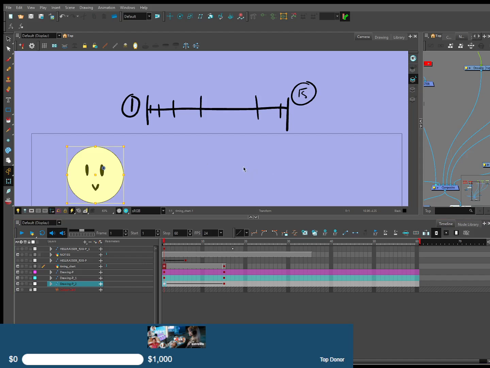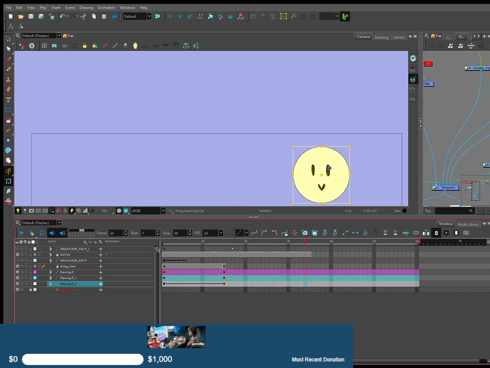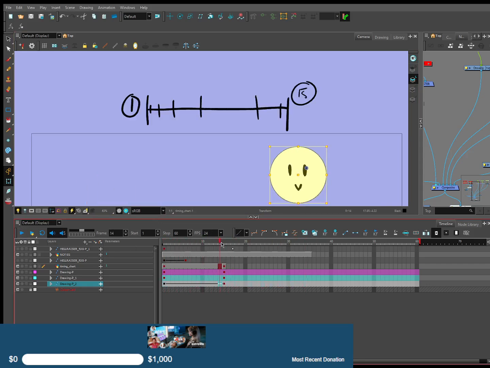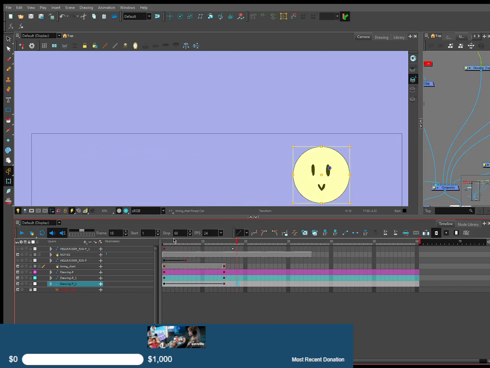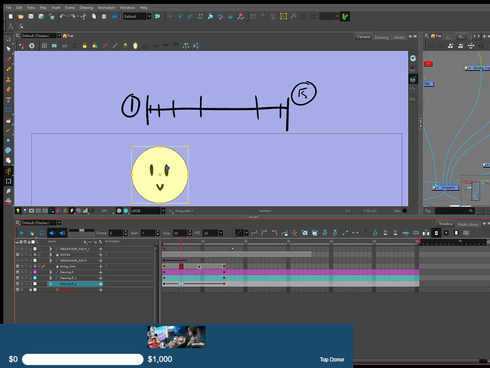But a lot of people may use the ease in and ease out, something like this. And I don't even know if that worked really well, but it's less even. But they'll use the Bezier curves and stuff like that, which, like I said, is all good. But if you are someone who, like me, has a really hard time